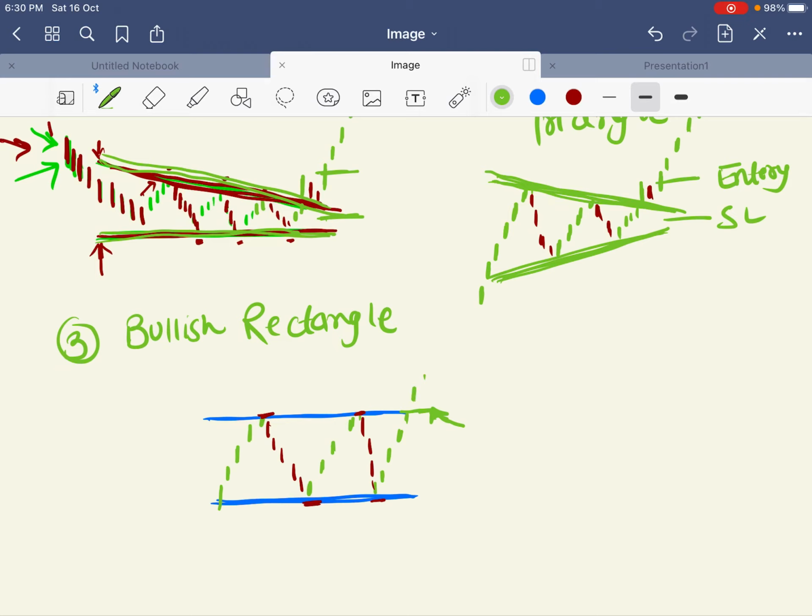So you have to put your stop loss at the lower side of this resistance after the candle close, and you can put a bigger target accordingly. You should also maintain your risk reward in a better way, so that you do not end up in a loss condition. So this is the third chart pattern, a bullish chart pattern. Next, I will discuss the next chart pattern.